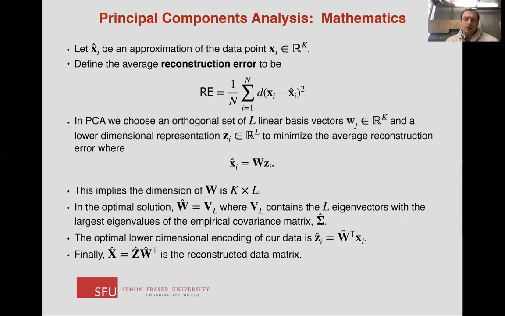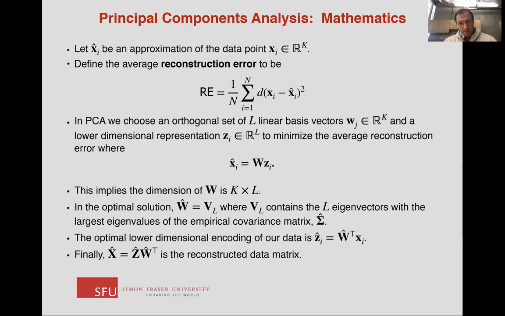By xi, I mean one of the rows in our data, and so it's k dimensional, where, for example, k is equal to 77. We define the average reconstruction error to be the average squared distance between the original data point and our